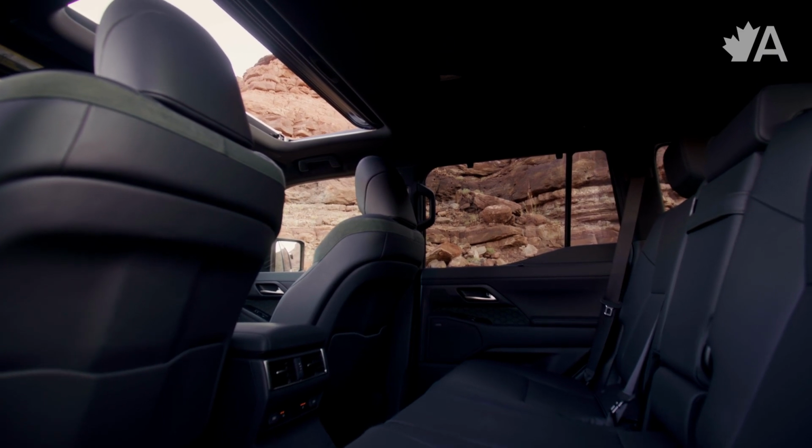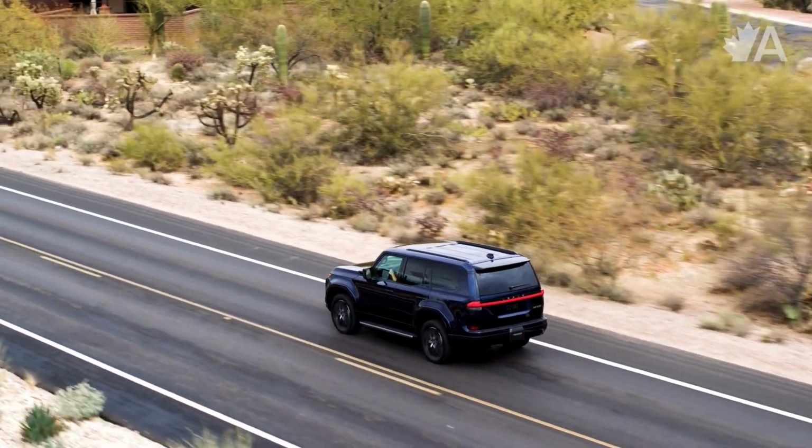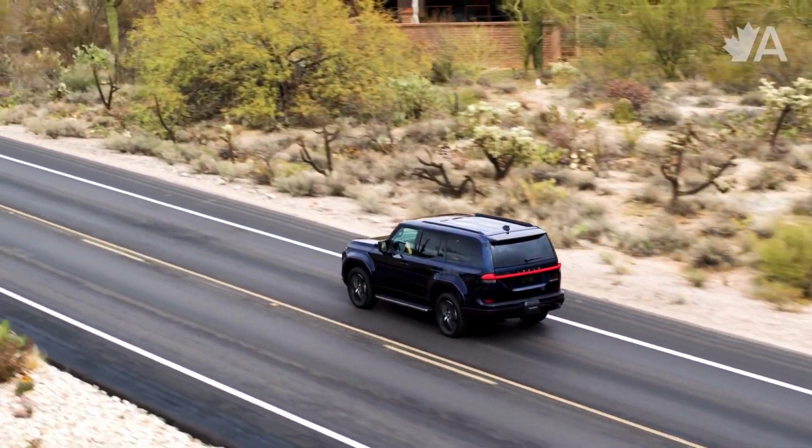So it's pretty cool because it's not all about adventure. It's not all about the outdoors. It does have your amenities that you might want as well. It's really cool. I'm looking forward to getting out on the trail, but I'll tell you, out here on the road,